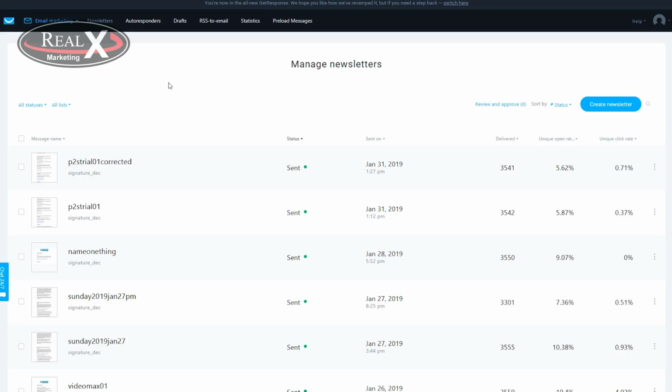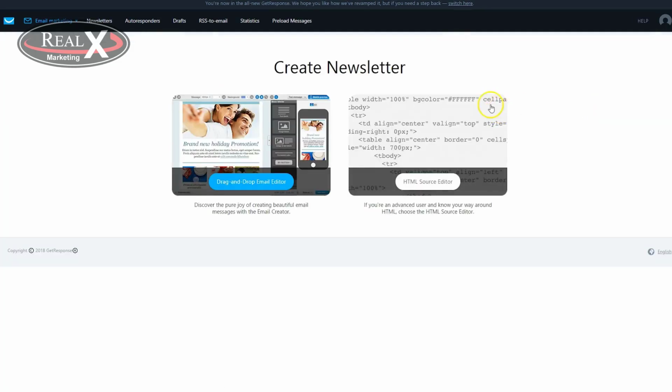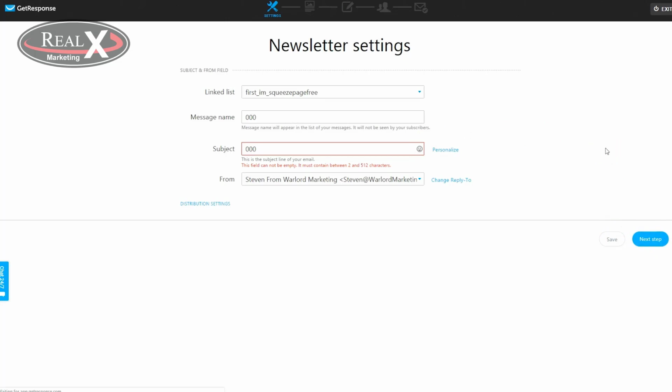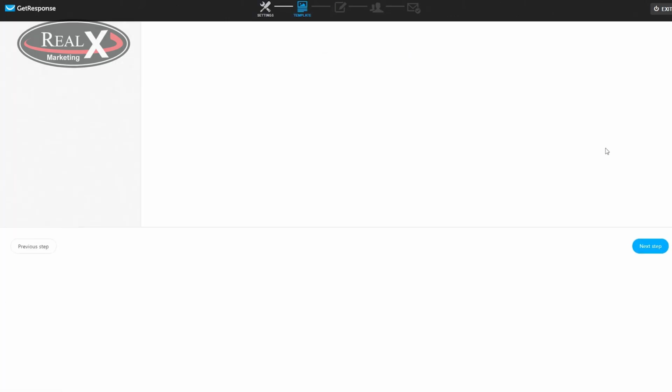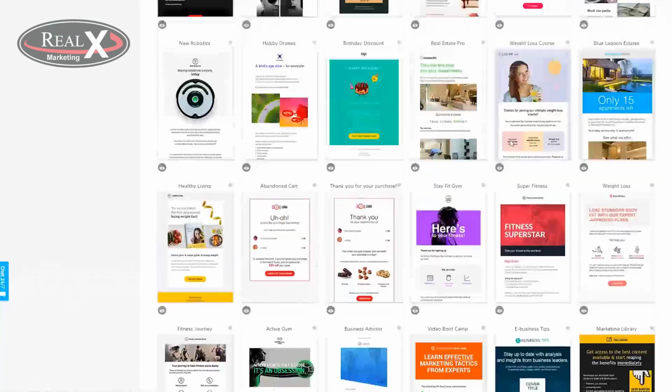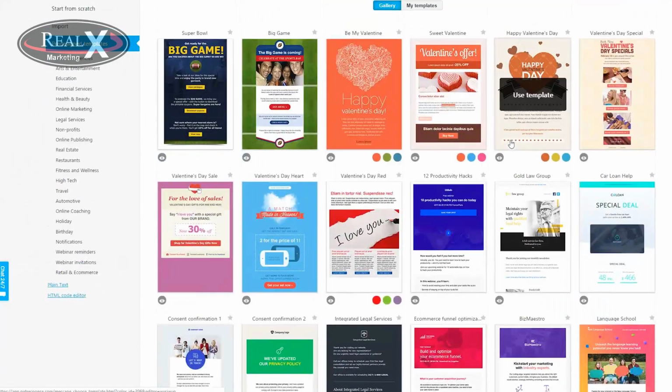So first, let's go over newsletters. If you wanted to create a newsletter, you would do that once again in real time. You could use your drag and drop email editor. There's an HTML option if you are sort of a coder and you know what you're doing in that area. However, it's recommended that you just use the drag and drop builder, and pretty much every autoresponder platform out there has one of those. You could choose a template here and then just go with it and create your email